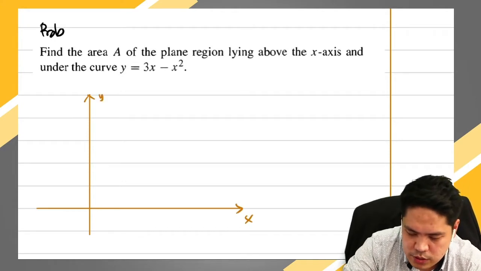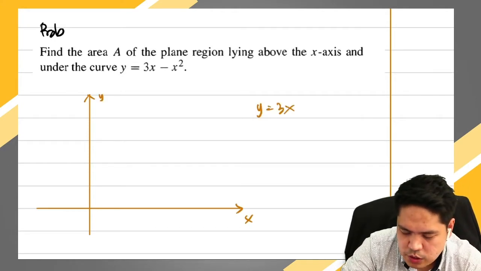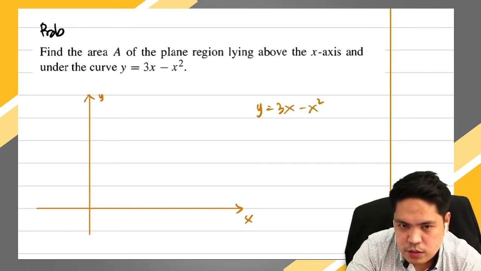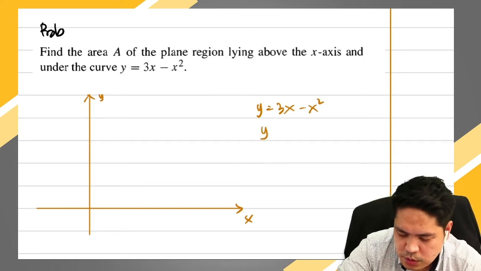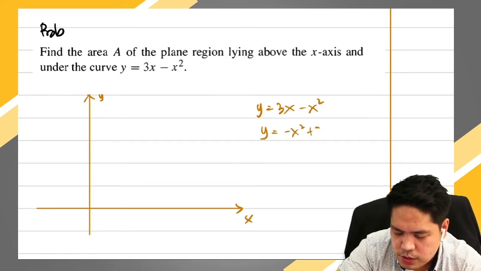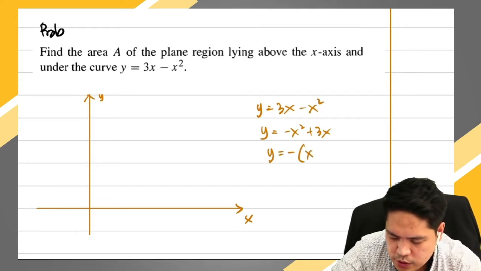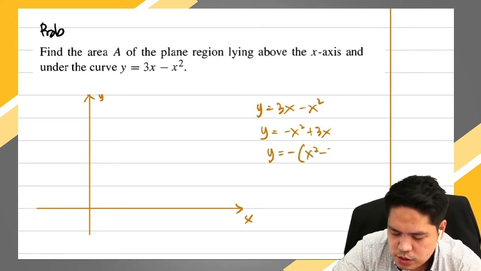Consider y equals 3x minus x squared. This is the same as y equals negative x squared plus 3x, or y equals negative (x squared minus 3x), and by completing the squares,